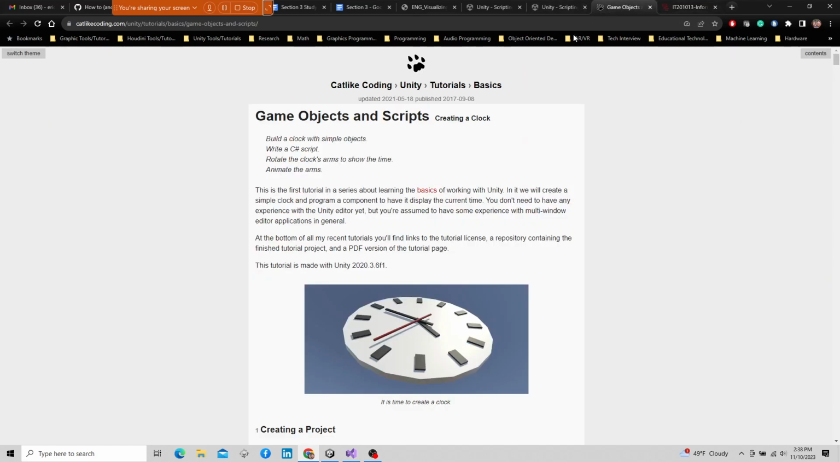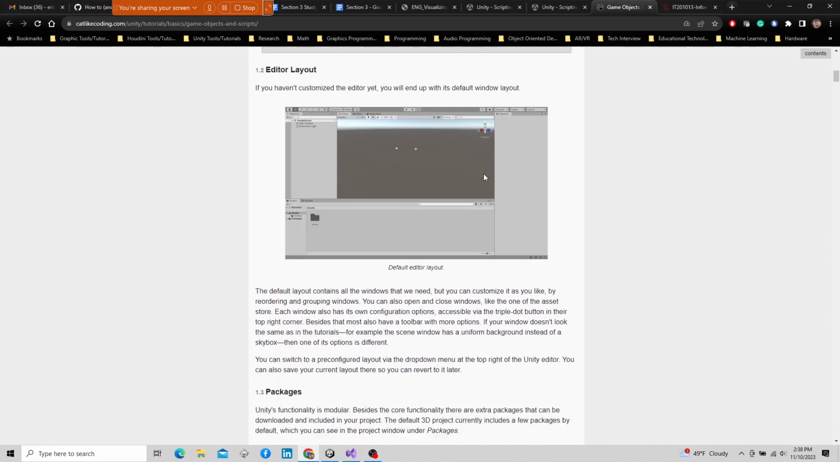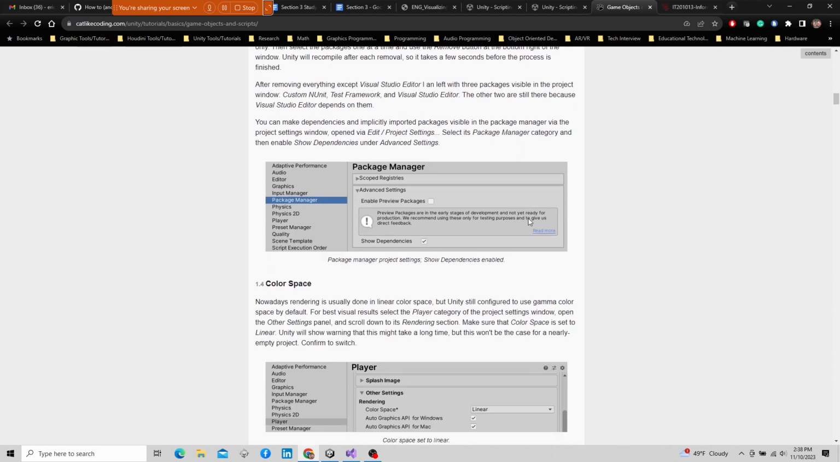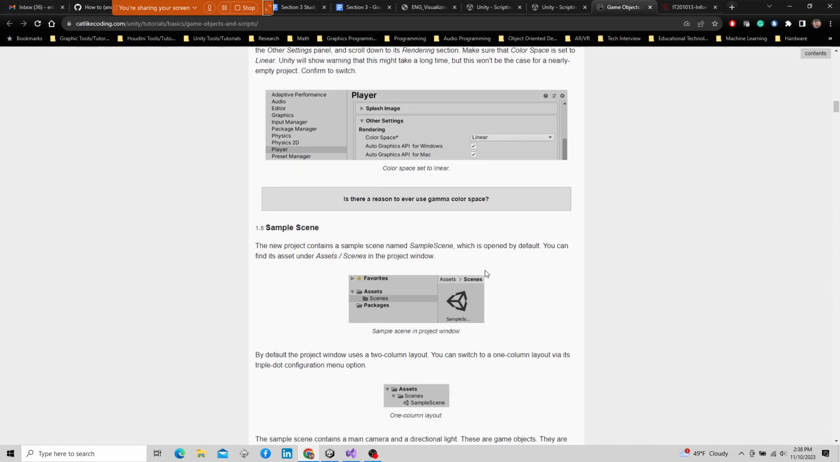This clock tutorial, which is here. This guy's an excellent developer, great teacher. So take your time with it. I asked you to move through this first part. After I built the clock, I asked you to do it yourself. And he covers a lot of intro to Unity stuff that'll help you get grounded in material in addition to